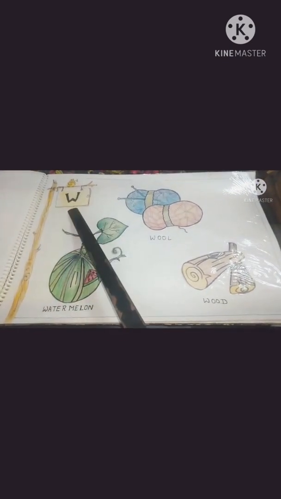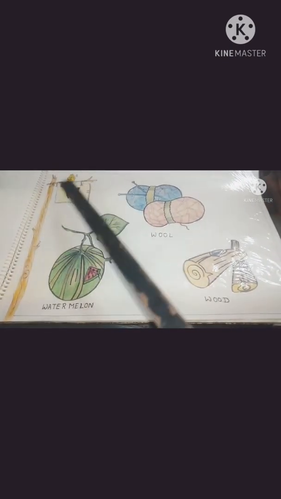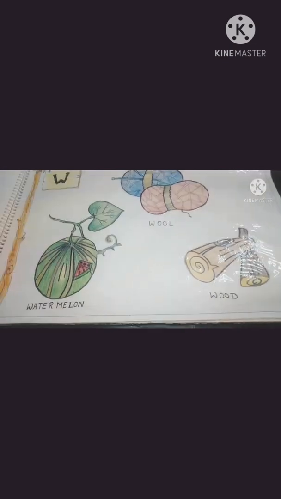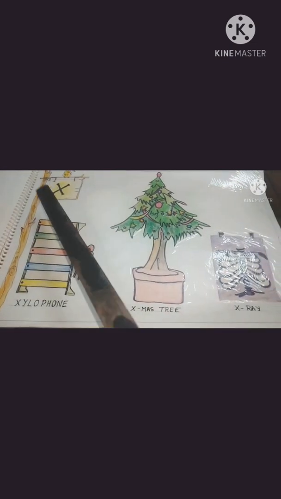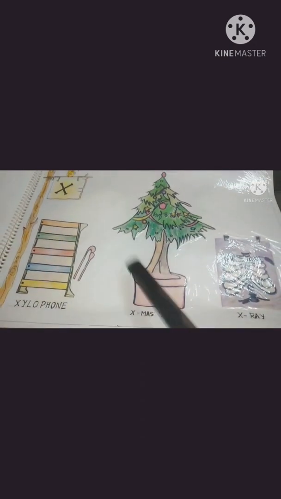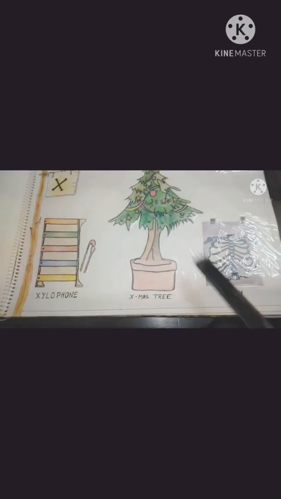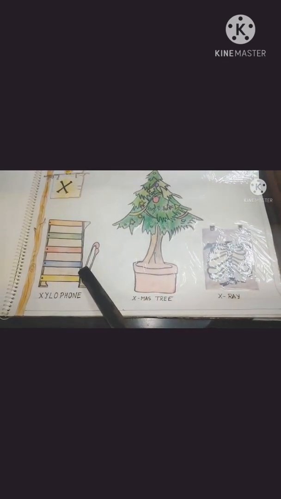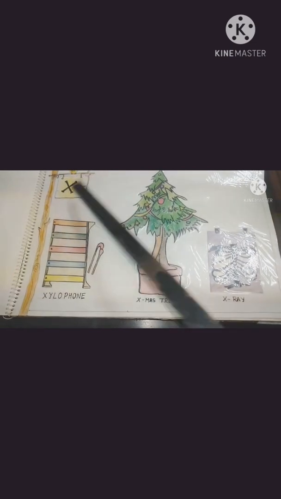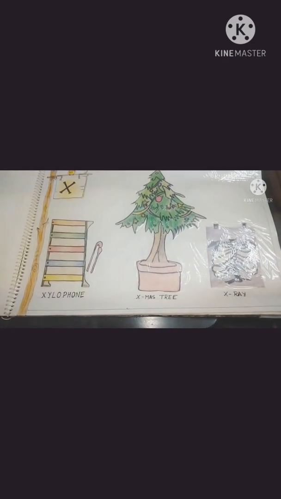W. Yes, W for wool, W for watermelon, W for wood. Now the next letter is X. X for xylophone, X for Xmas tree, X for X-ray. Okay, I repeat. X for xylophone, X for Xmas tree, X for X-ray.